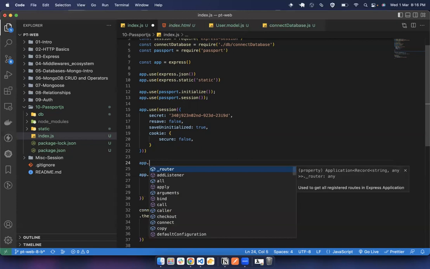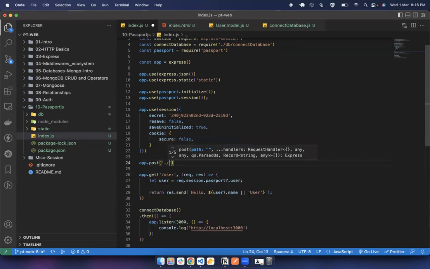So I'm going to add the post request for login, right? This post request for login will handle the user who is logging in. Now, instead of writing our own handler, we want passport.js to handle this. So how do we allow this? How do we say